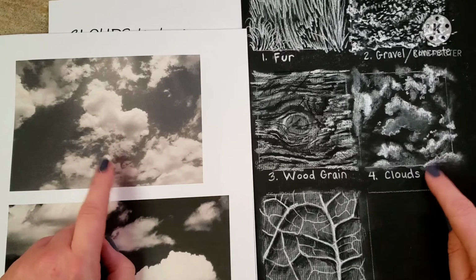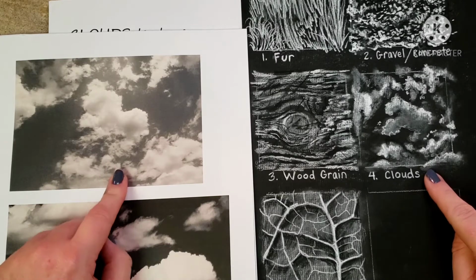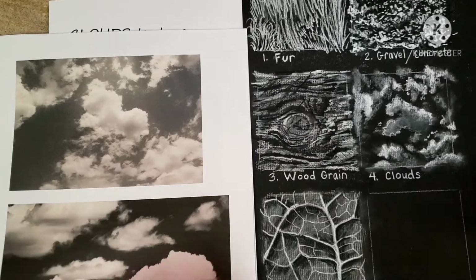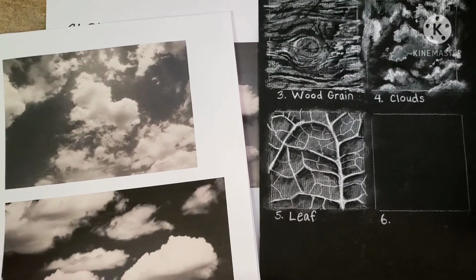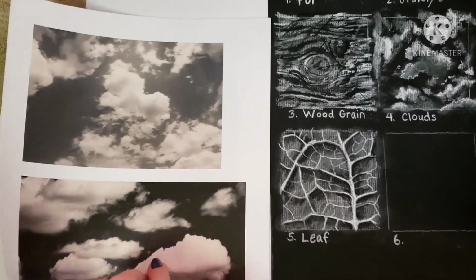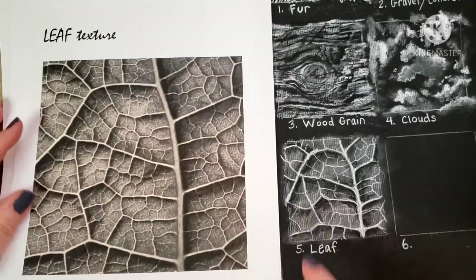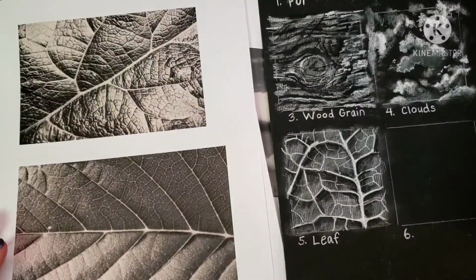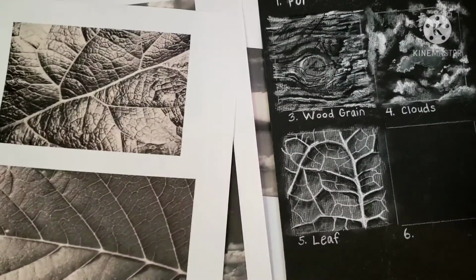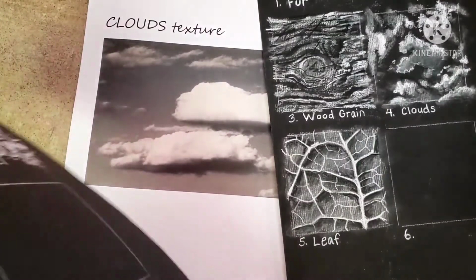It's my interpretation of these clouds, with this as my reference picture. And then we'll also explore leaf, and you have those options as well in Teams. Here you can see I chose this picture for my leaf, and there's other ones as well, or you can select your own. So I'm going to pick up with clouds,